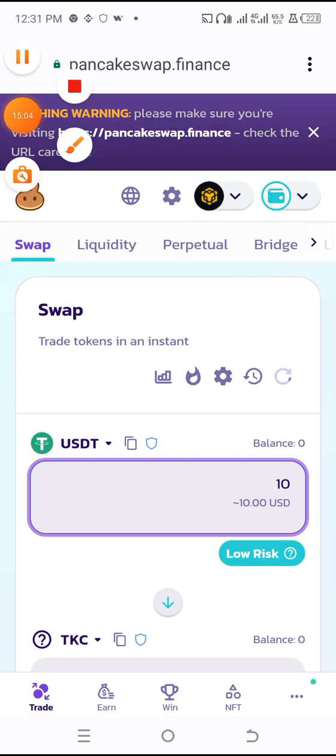app. So guys, this is exactly how I buy funds from Trust Wallet using Pancakeswap, or Pancakeswap using Trust